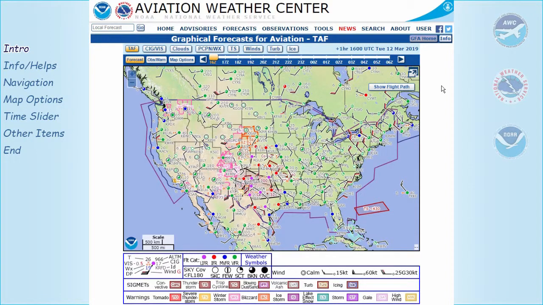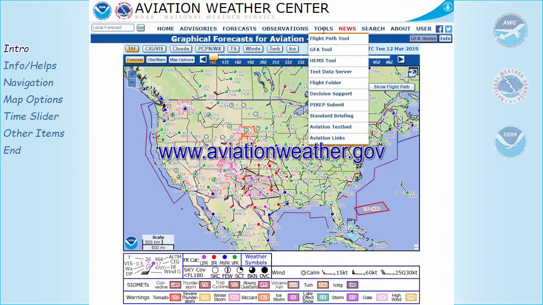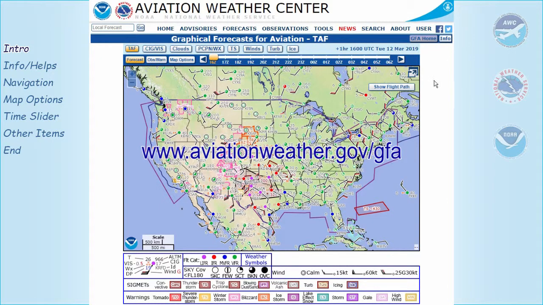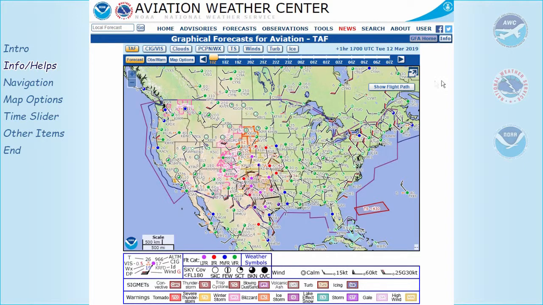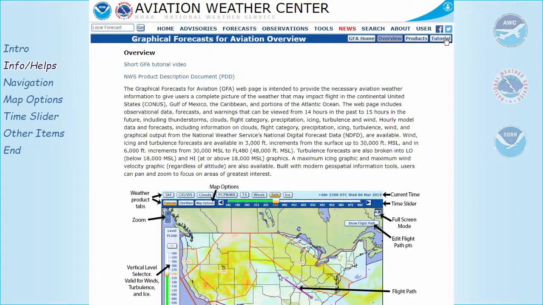This is the Graphical Forecast for Aviation tool, or the GFA. It can be found by going to the Aviation Weather Center homepage, www.aviationweather.gov, and selecting GFA tool from the Tools drop-down menu. Detailed information on what data is available can be found via the Info button and then clicking on the Tutorial